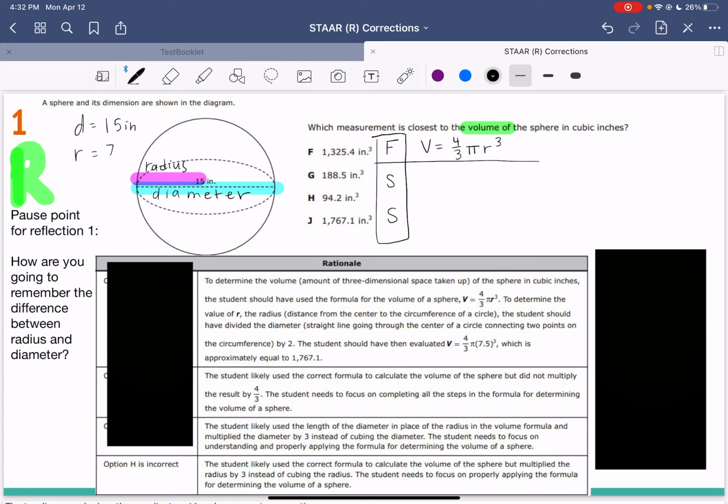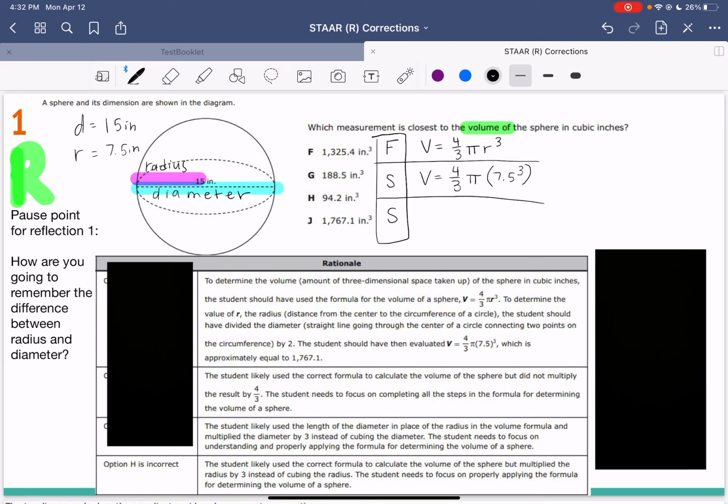So that leaves us with 7.5 inches being the radius. And so when we substitute over here in our formula, substitute, solve, we have V equals 4/3 times pi times, I'm going to use parentheses, 7.5 to the third power. All right, so